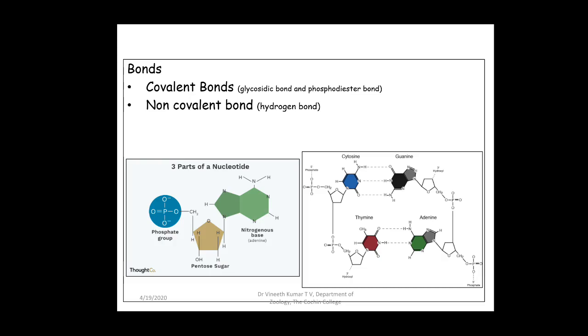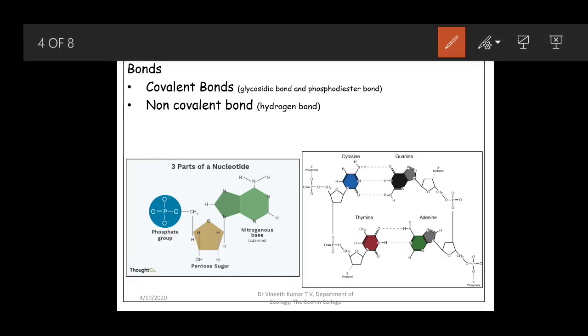So the glycosidic bond is a bond that is found between the nitrogen base, either a pyrimidine or a purine, and the sugar. As we said earlier, the bonding takes place between the N9 or N1 of the nitrogen base, N9 in the case of purine and N1 in the case of pyrimidine, and the 1' hydroxyl group of the sugar. What happens here is, as we saw earlier, in the 1' there was a hydroxyl group, and in our purine there was a hydrogen.